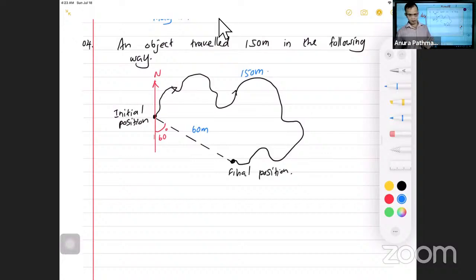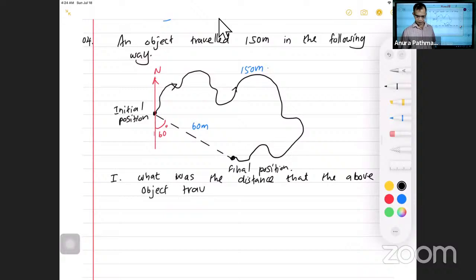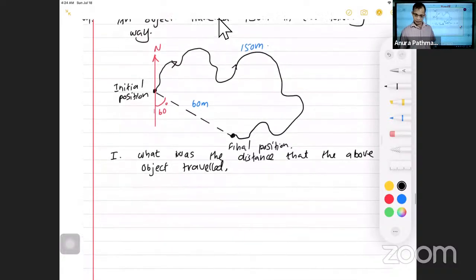Distance and displacement. First question. What was the distance that the above object traveled? The answer is